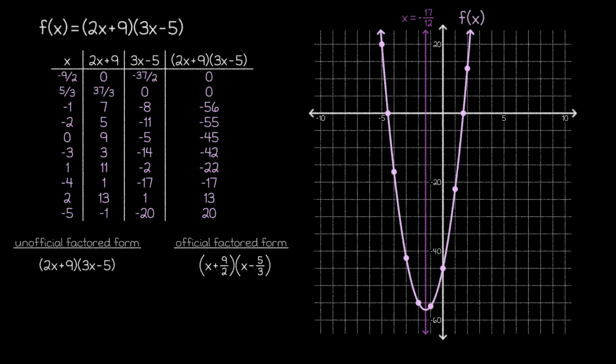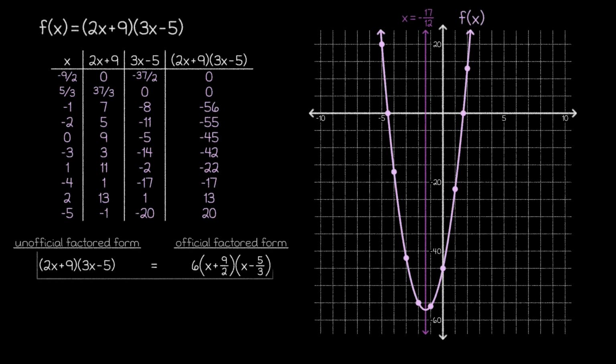From there, we can see that these two expressions aren't actually equal yet, but we also know that there's an a value that we can include in this expression that will make these equal. And finding that a value is easy enough. If we did the first step of the distribution process for these two original factors, we would see that we get a quadratic term of 6x squared. This means that a is 6, and if we include that in our rewritten factored form, these two expressions are now equal.